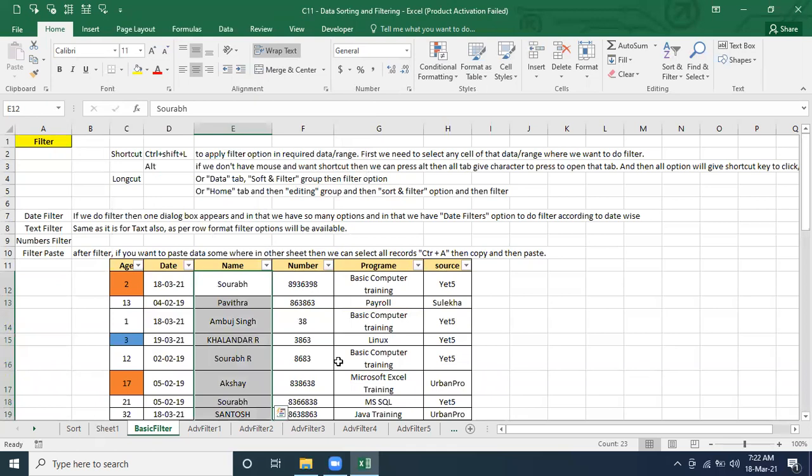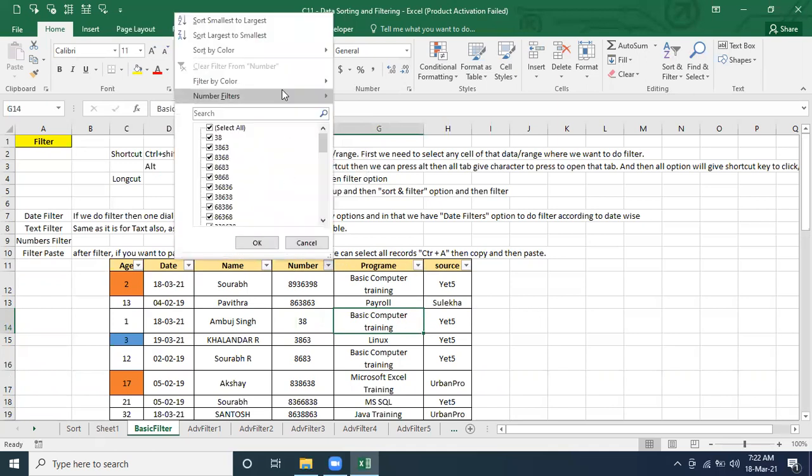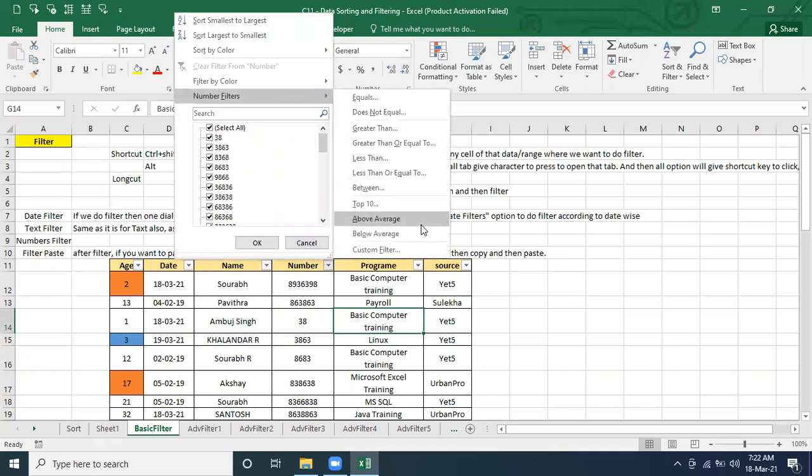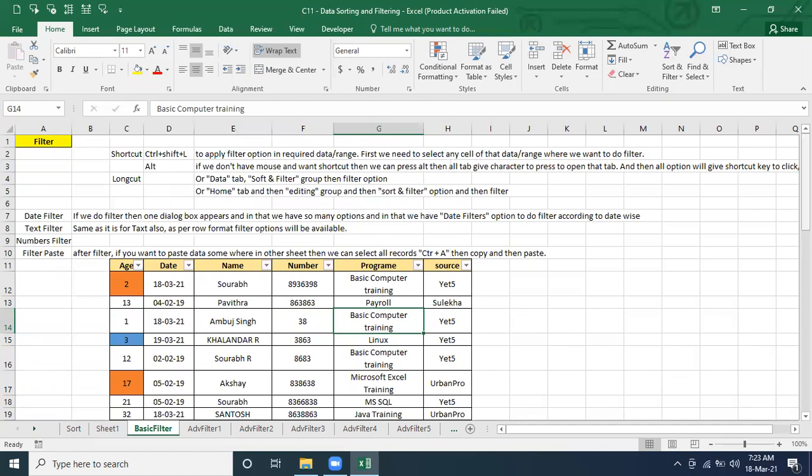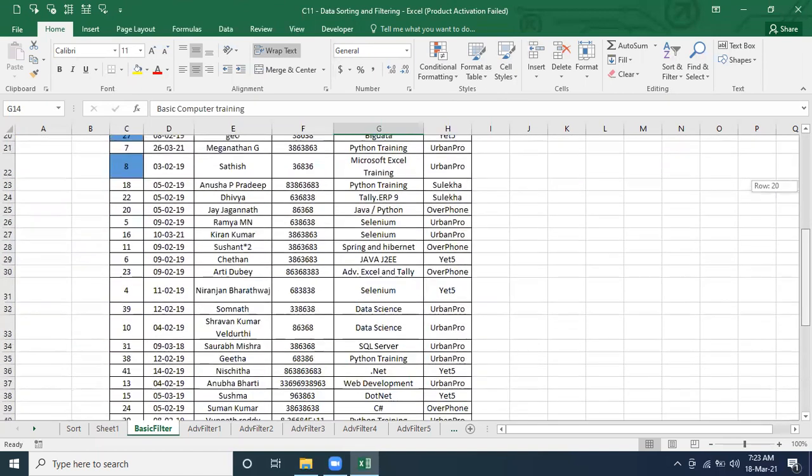Already we discussed about it yesterday itself. So next, related to the text, date, and numbers we have finished. Is there any doubt? No. So for numbers also it will appear the same things: less than, greater than, is below or is above, all options are available. You can pick any one of these. So let me go for the next label.